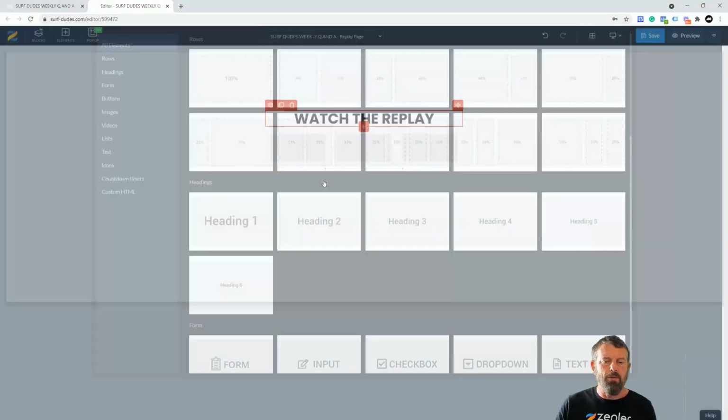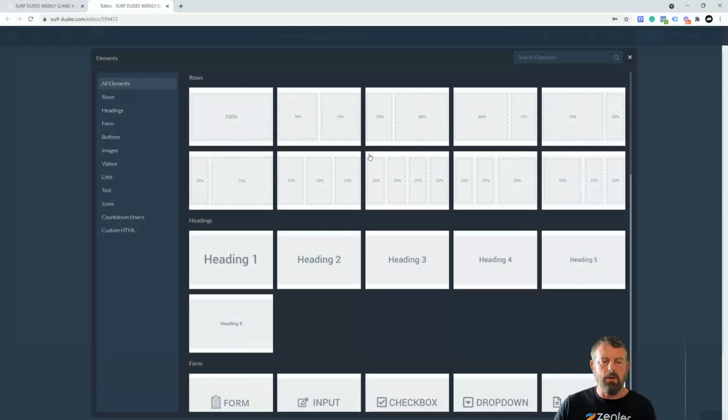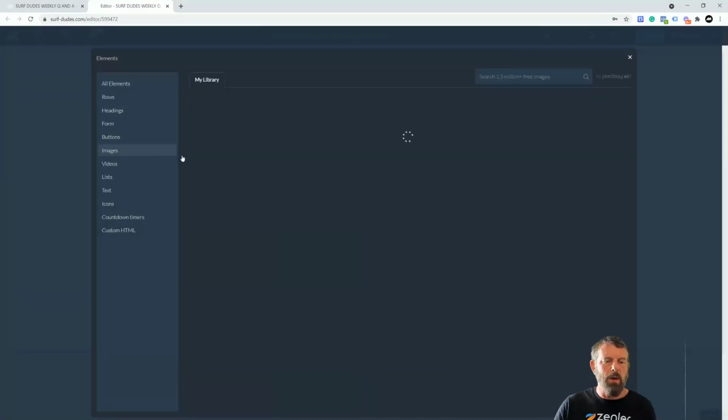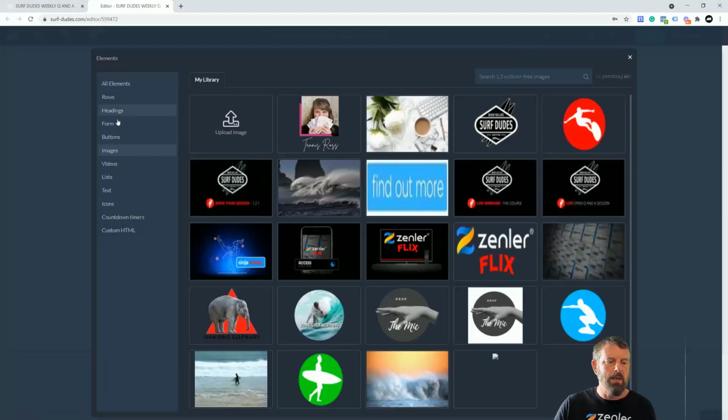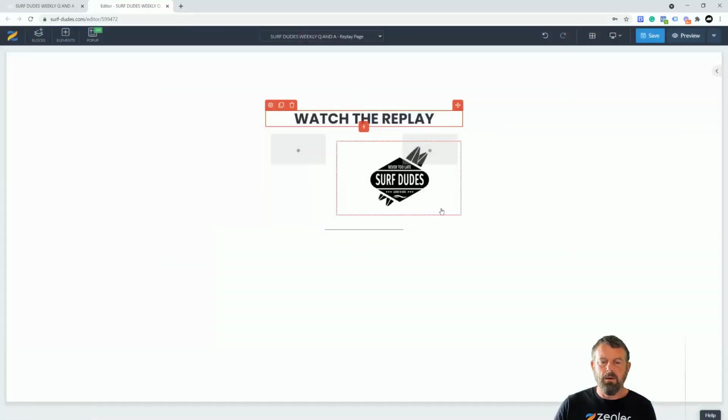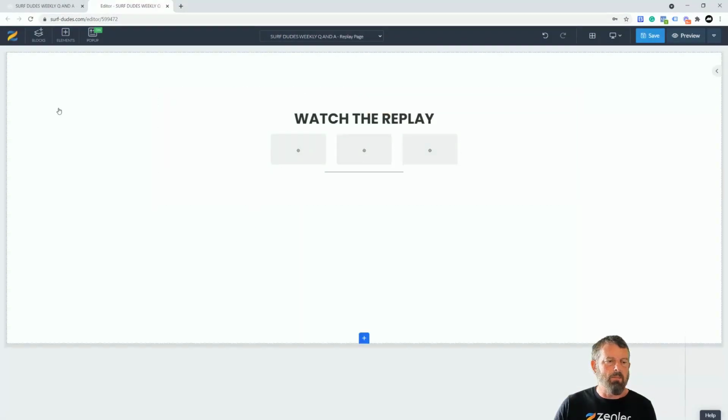I'm going to put a 3 row in there. I'm going to grab an element, which is going to be a video element, image element, which I have there. I'll just grab the Surf Dudes logo, and then I've got that in there. Now this doesn't look very good in here, so what I'm actually going to do is put a brand new